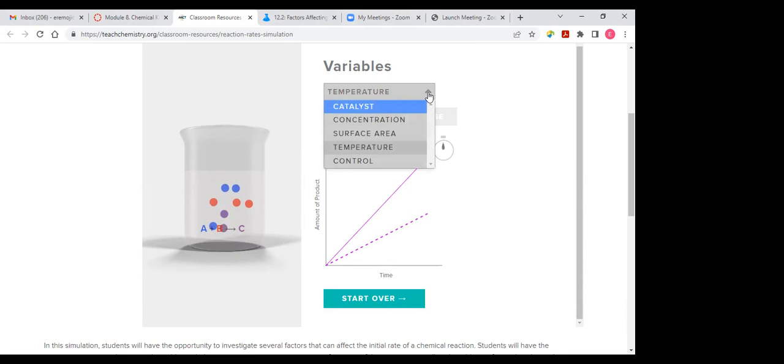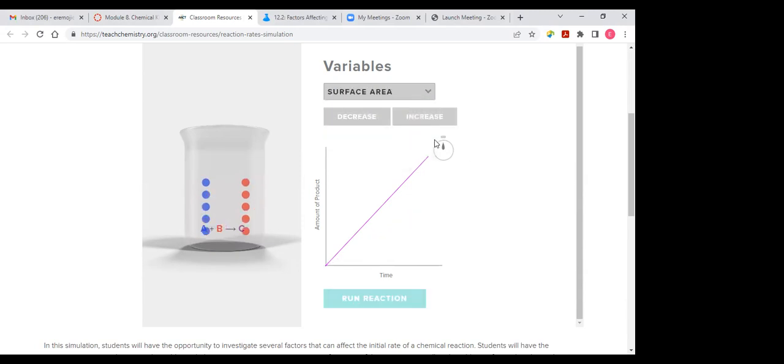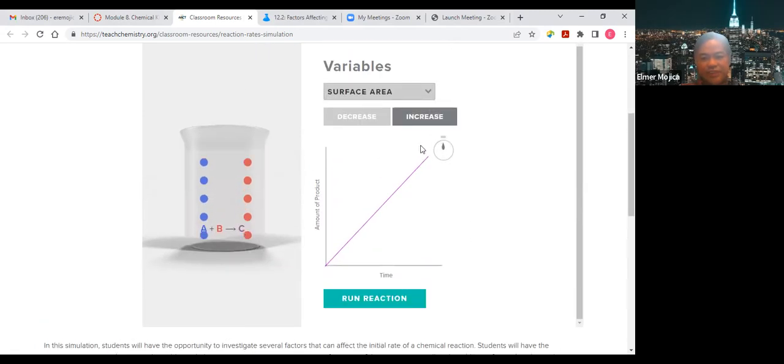Decline. Now, if I'm going to put it in terms of the surface area, okay? So if I increase it, it also goes up. So what is a possible surface area? Usually, the smaller the size of the materials involved, the higher is the surface area. Okay, if I decrease it, kita nyo, mababa din yung kanyang reaction rate.